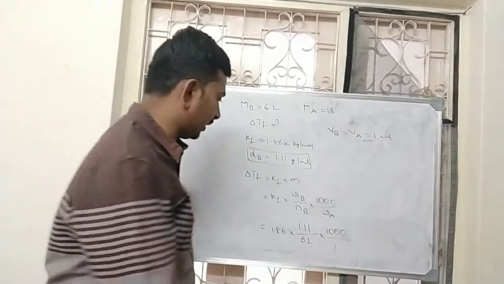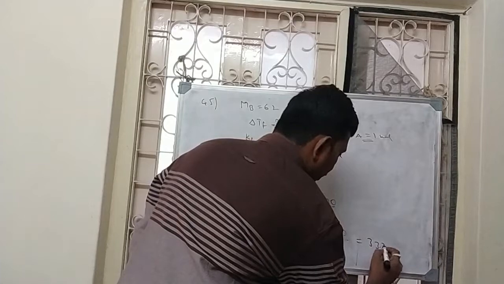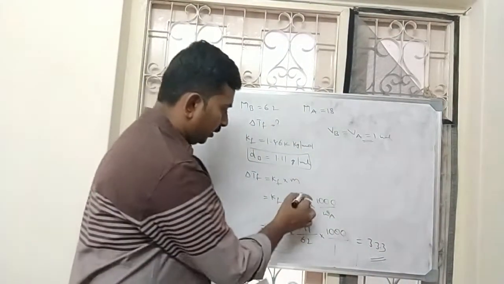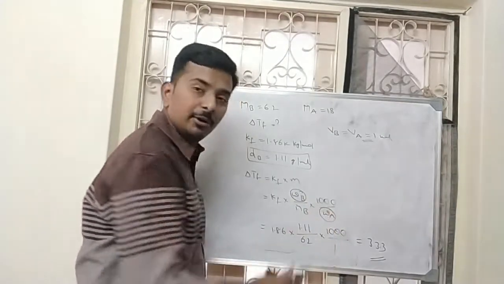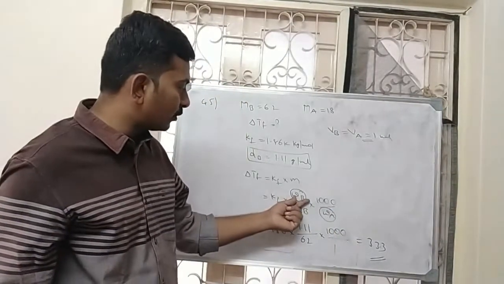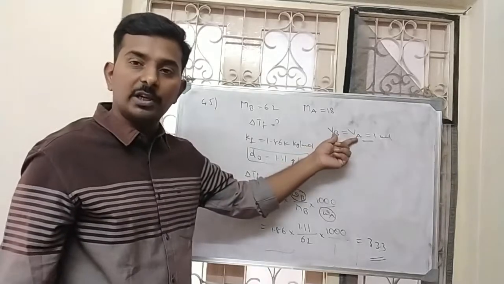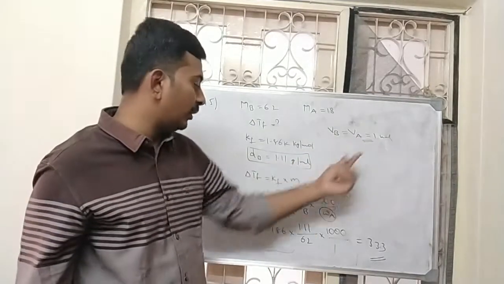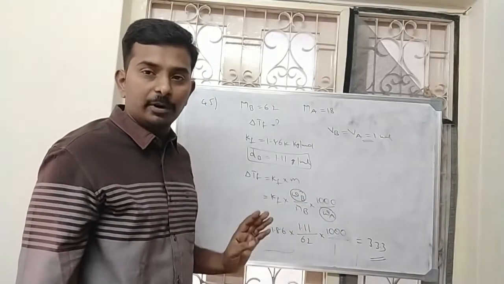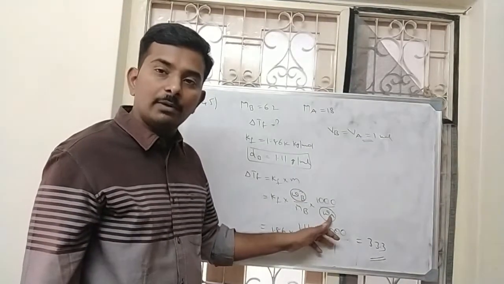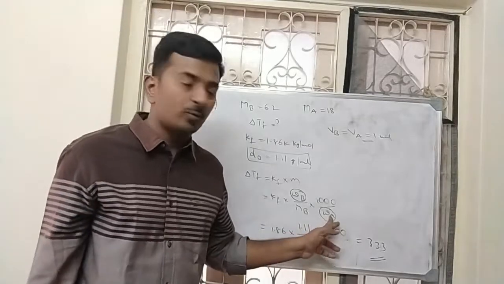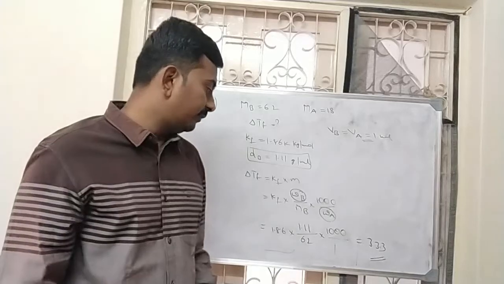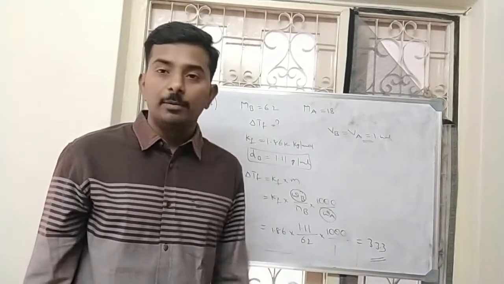So the value of delta TF on calculation, you will get as 33.3. So simple. Only mass of solute and mass of solvent we don't know. But to calculate the mass of solute, density is given, volume is also given. We know that mass is density into volume. So density is 1.11 into volume 1, so it will be 1.11. In the same way, water is the solvent here. For water, the density is 1, so density into volume will be 1. On simplifying, we will get the value as 33.3. So it will be option D.